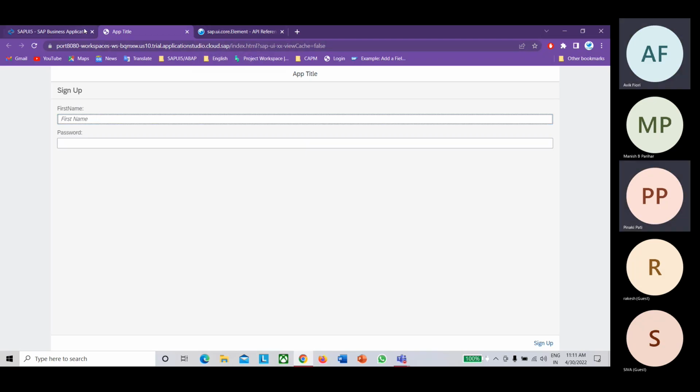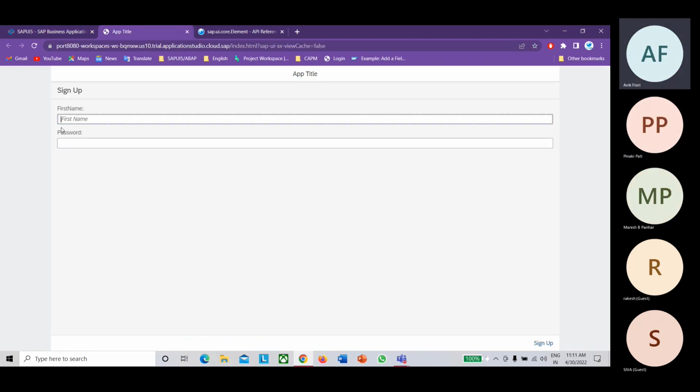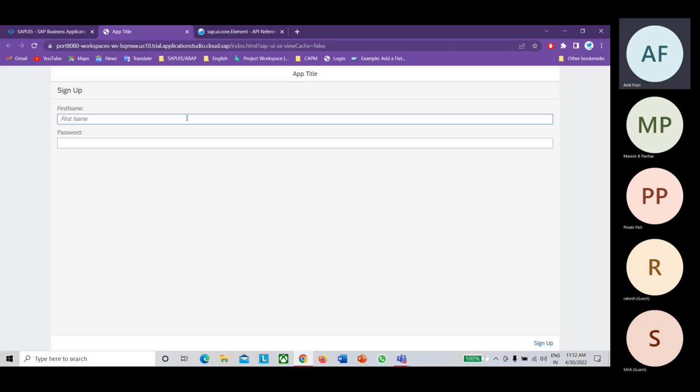For on after rendering, let me take some time for today and see one example which can help you. Maybe tomorrow, before we start, we can discuss this on after rendering example once. Yes, that would be helpful. A couple of examples may help you, because I have done so many examples and I'm not able to remember which one I can show you.